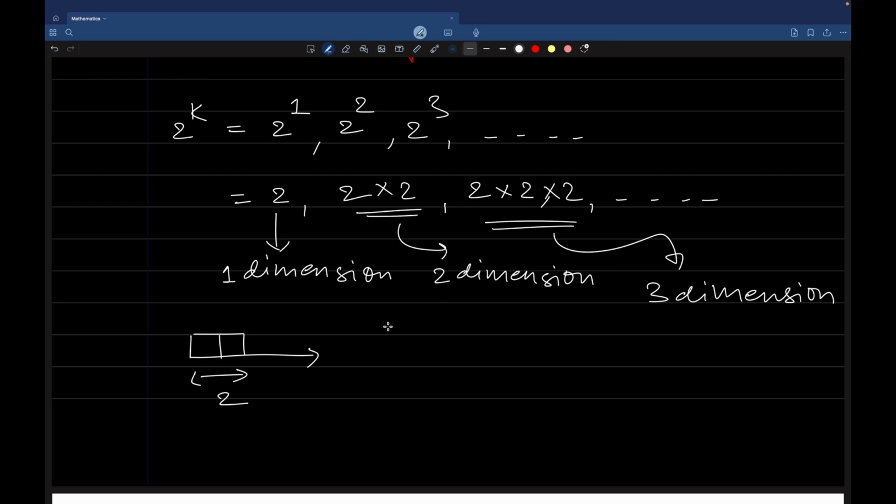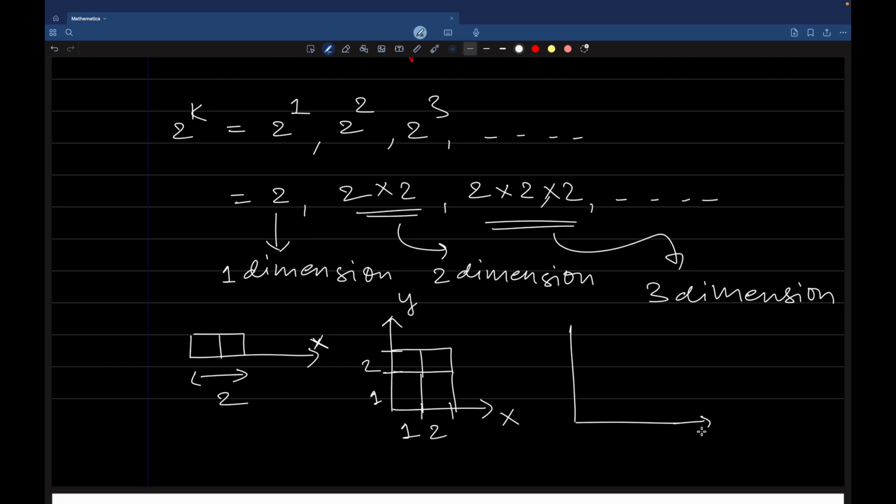If we draw this in 2 dimensions, that is x and y axes, it is 2 into 2, that is 2 in the x direction and 2 in the y direction. We will get 2 into 2, that is 4. If we draw 8, that is 2 into 2 into 2, in 3 dimensions,